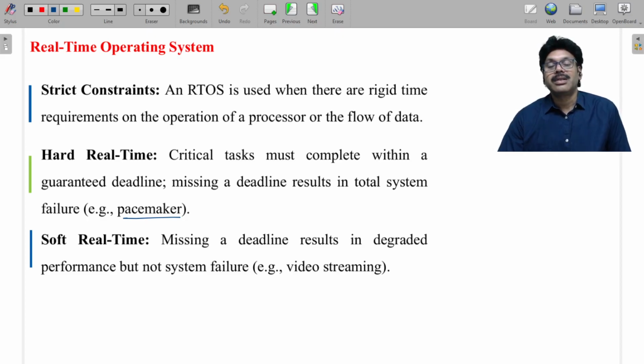In foreign countries, you see that they are already well equipped with nuclear reactors, well established generation of power from nuclear reactors. If it is shut down, then you can't generate the power. In such a case, those machines have to be rectified on an urgent basis. They are all completely based on hard real time. Critical tasks are supposed to be completed within a finite amount of time. Soft real time: for example, today the IRCTC server is not working, then millions of tickets are stopped. In such a case, you need to rectify IRCTC's software. They all come under what? Soft real-time systems.